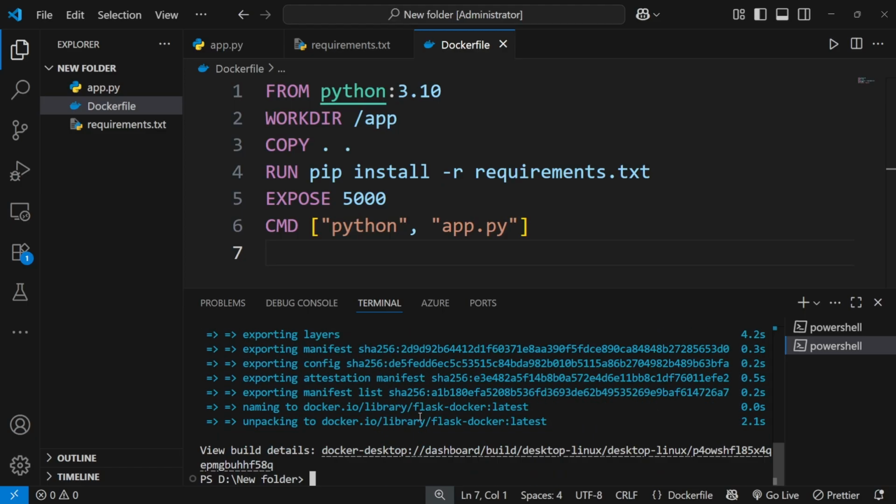Now our build is complete. Now we need to run our image. So for that, run docker run with port 5000 of the machine mapped to the container's 5000 port, and our docker image name is flask-docker,